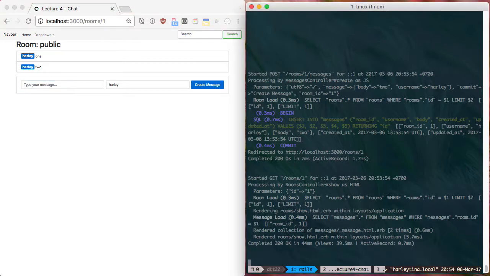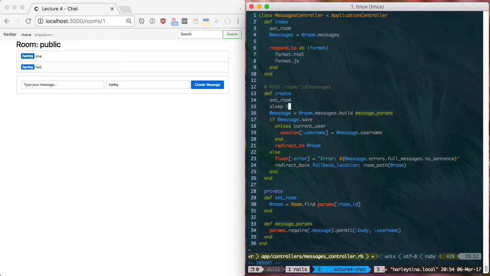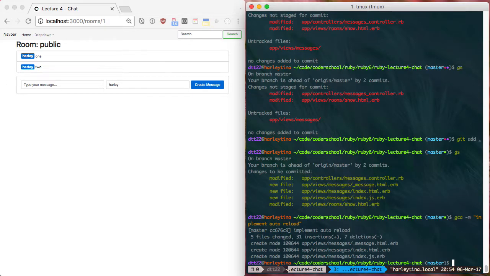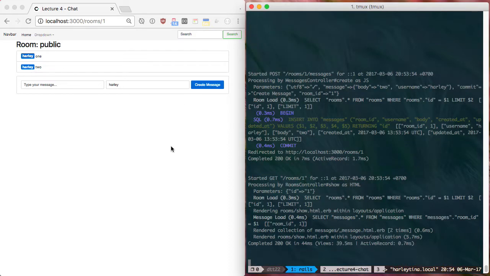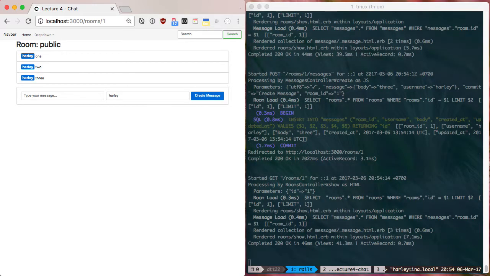And then I'm going to show you this. When you create, let's sleep for 2 seconds. So let's say create takes a long time. 3, 1, 2, 3. Yeah? So it processed the show as HTML. It's actually submitting back, but Turbolinks makes it quite fast. Turbolinks just changed the body content, the HTML inside this. You have the head and the body, right? So